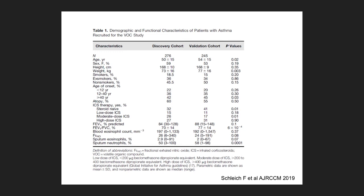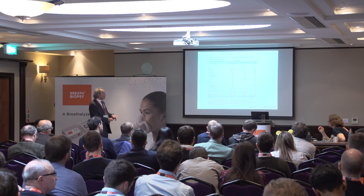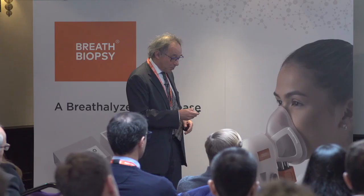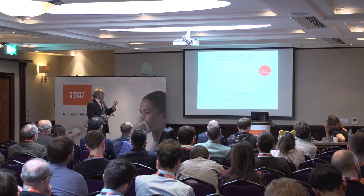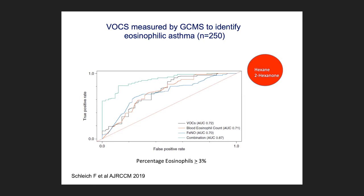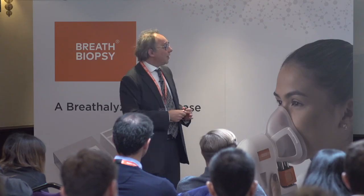These patients had the classical features: FeNO, blood eos count, and the baseline FEV1 value was 85% predicted. I think it's a large mix of mild to moderate and severe asthmatics. And what we found, this is the summary of the study. This is the comparison between eosinophilic disease and non-eosinophilic disease. We found two biomarkers, which were hexane and 2-hexanone, which were able to discriminate between eosinophilic inflammation and non-eosinophilic inflammation